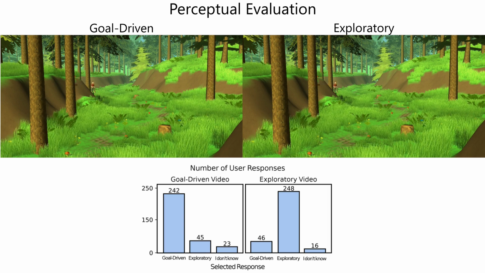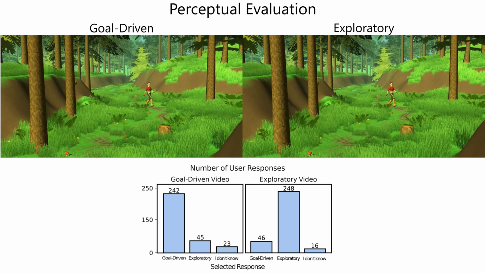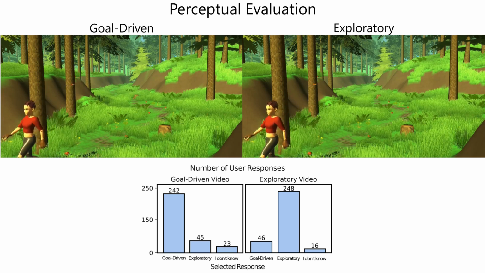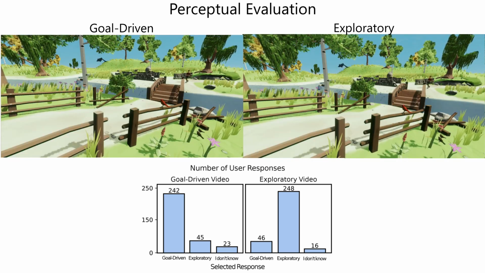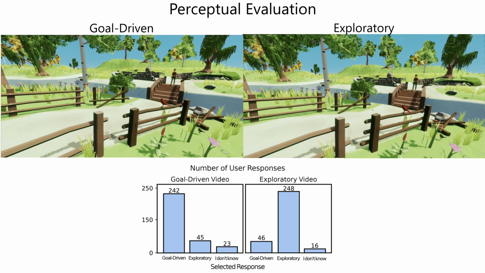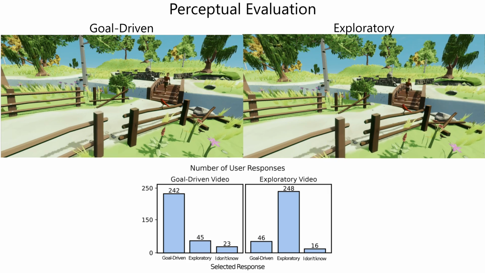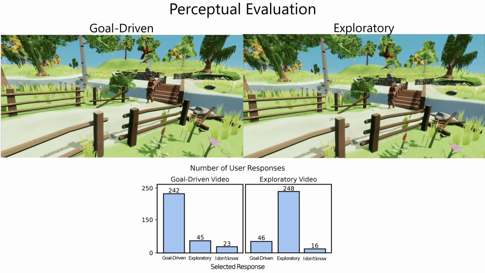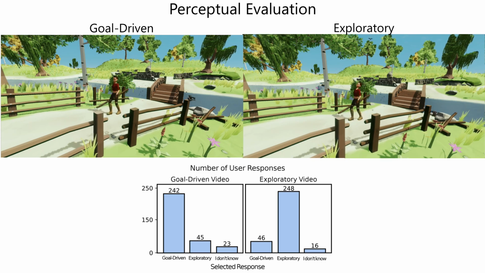Our model can also display two different gaze behaviors according to the desired degree of visual exploration of the environment, which we refer to as goal-driven and exploratory. Goal-driven means that the character will tend to look more towards its path and will spend less time looking at external stimuli. Meanwhile, an exploratory character will prioritize looking at interesting objects and spend longer amounts of time looking at them. We conducted an additional perceptual evaluation, asking users to label the displayed videos as either goal-driven or exploratory. Our results show that the users were able to significantly tell the difference between the two behaviors, correctly identifying them in each video.